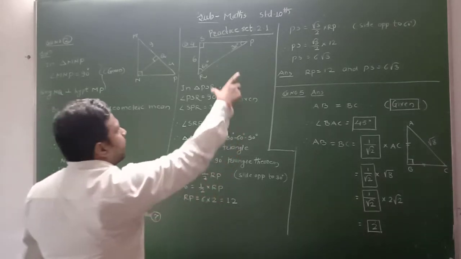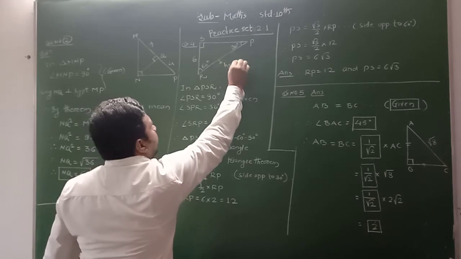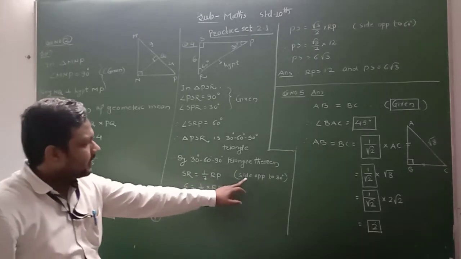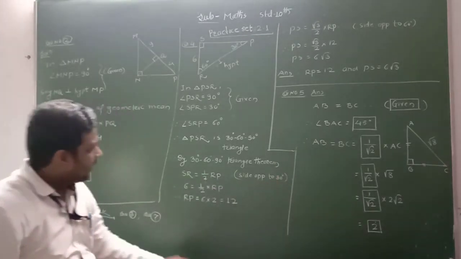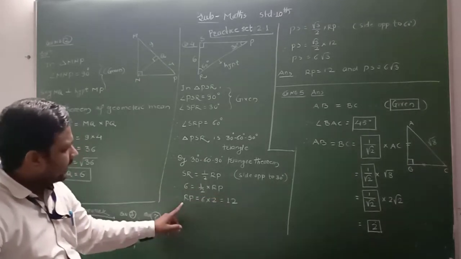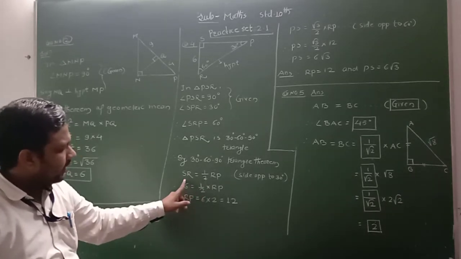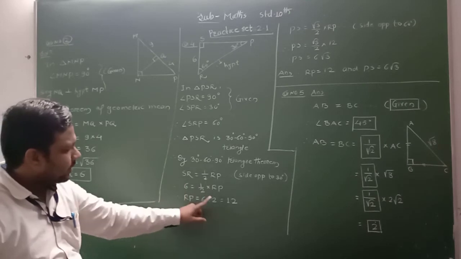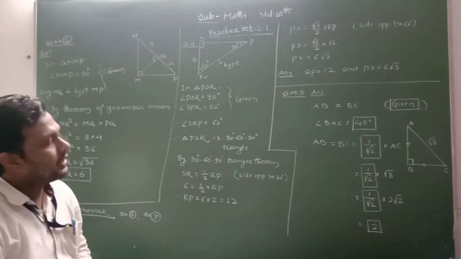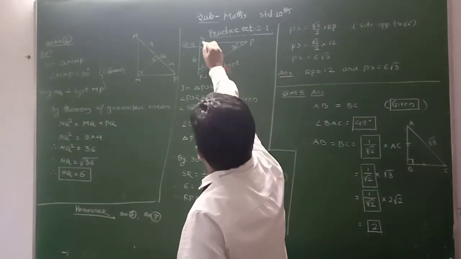Therefore, SR is equal to, this is the side opposite to 30 degrees, SR, it is given 6, is equal to 1 upon 2 hypotenuse. Half the hypotenuse is what? Opposite side of the 90 degrees, that is the hypotenuse of the right angle triangle, is equal to 1 upon 2 into RP. SR is equal to 6 given, is equal to 1 upon 2 into RP. Therefore, RP is equal to, by cross multiplication, we transfer this to here, then it will come in multiplication. 6 2s are 12. Value of RP is equal to 12.